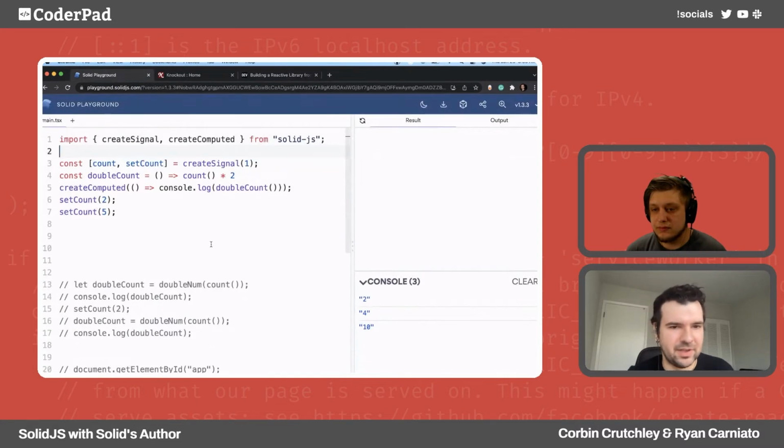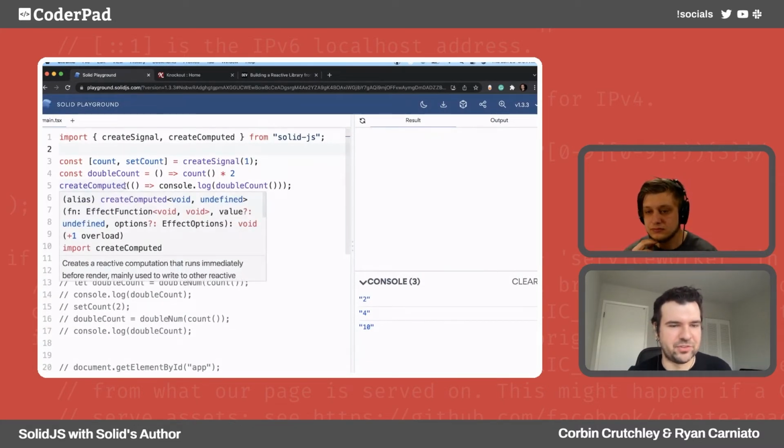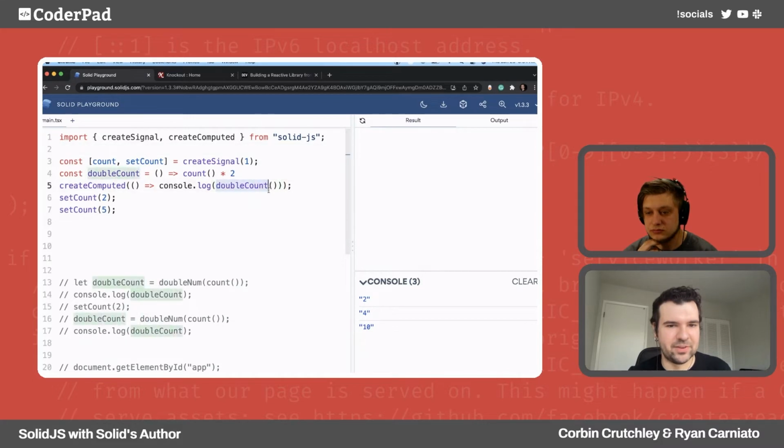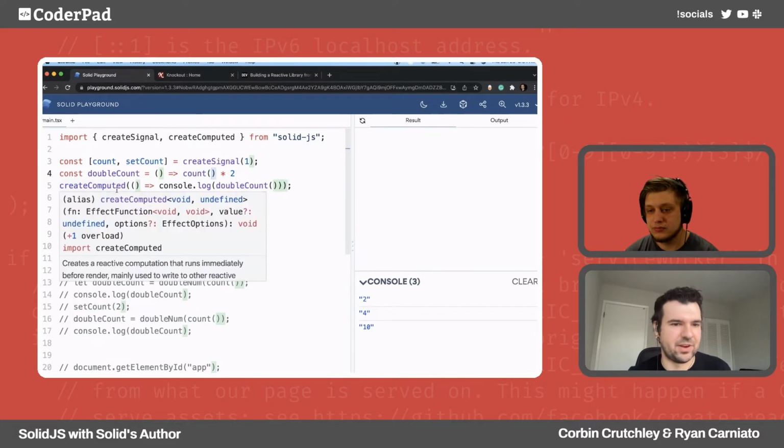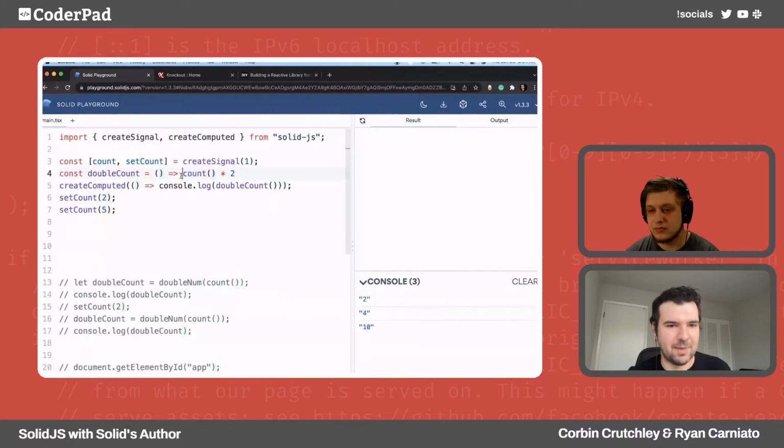If we go back to our playground here, when this runs, it pushes itself on. And then whenever you read this, it goes, oh, you read double count. Well, double count is just a function. There's nothing special, so it just executes. But then when it gets to count and the count is read, like I showed, it goes, oh, what was the thing on the stack? Well, it's this computed. So when you update this value of count, call this event handler again, essentially. So every time we update count, we just call this and it console logs it. That's essentially the gist of reactivity. It's an event system.